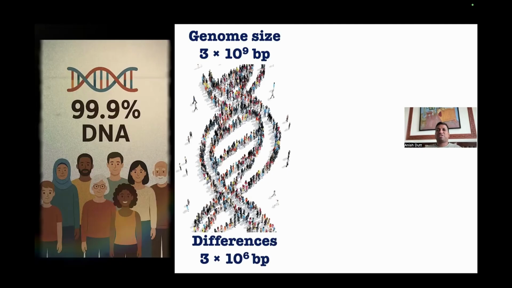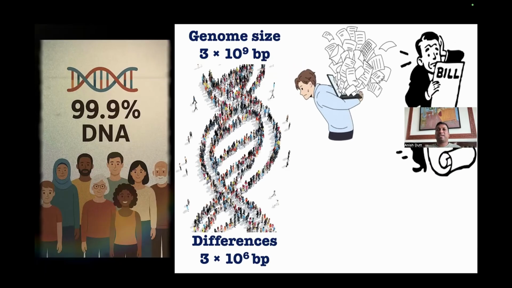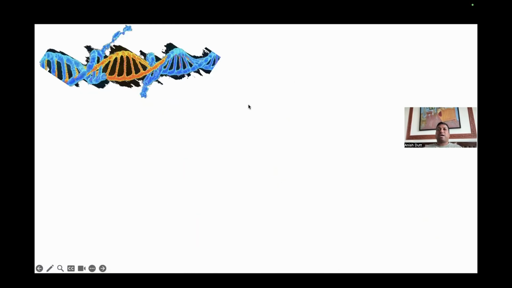During a crime investigation, if you try to identify people based on 3 million base pairs, it is going to be a daunting task, and it will also be expensive. So, isn't there a way which is quick and easy? Yes, my dear friends. It is DNA fingerprinting, which can be employed to profile individual suspects and compare between them within no time. So to start with, on the left hand side here, you can see a DNA molecule